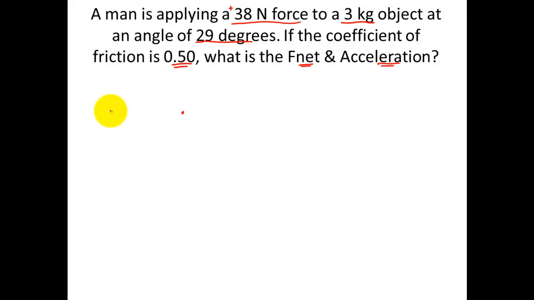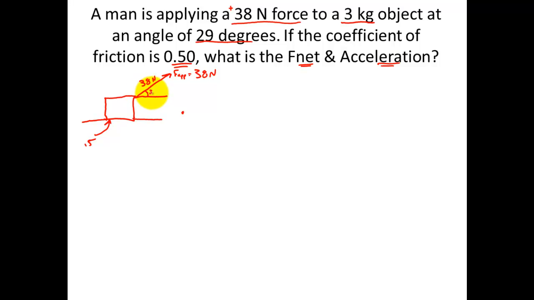So let's do a free body diagram to kick this problem off. I'm going to draw it right over here. We have a surface, and the surface has a coefficient of friction of 0.5, so let's label that there. The man is applying a force. Here's my force applied, and that's going to equal 38 newtons. And it's applied at this angle right here,